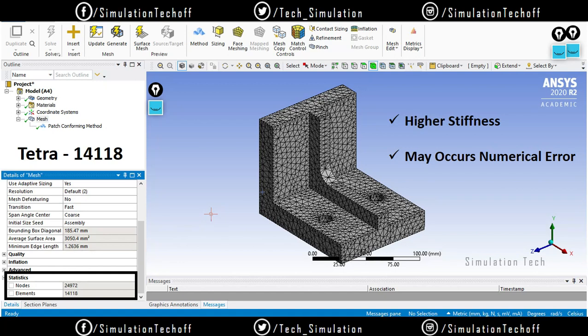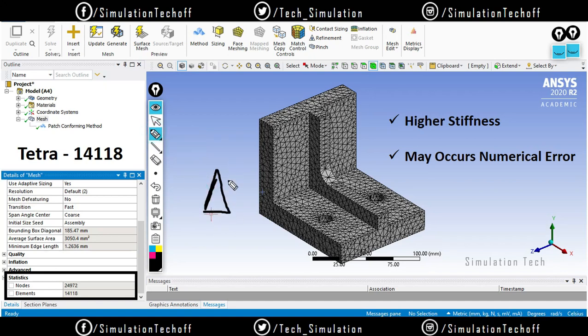What are the disadvantages of tetra meshing? While comparing to hex meshing, it has higher stiffness. We already discussed that. Whenever you have a triangular element, it behaves stiffer; geometrically it is the stiffest, and if you have a large number of triangular elements, you will get lower stress values. Your output will not be a reliable value. Ultimately, the tetra comes from the triangular element. So that is the first reason your mesh is stiffer.